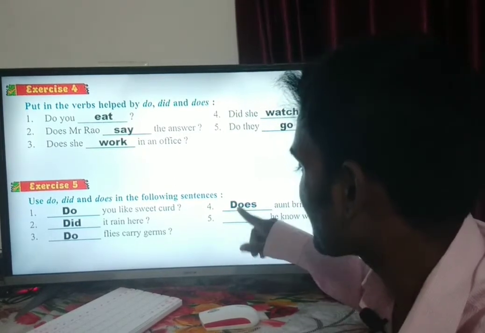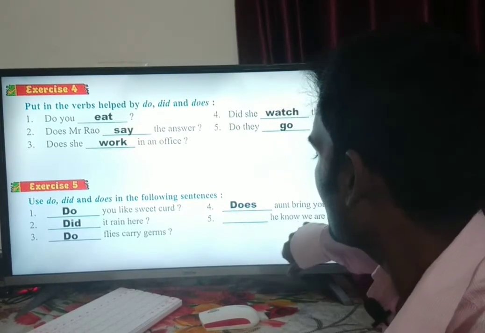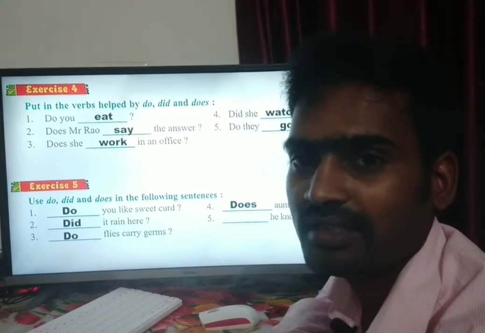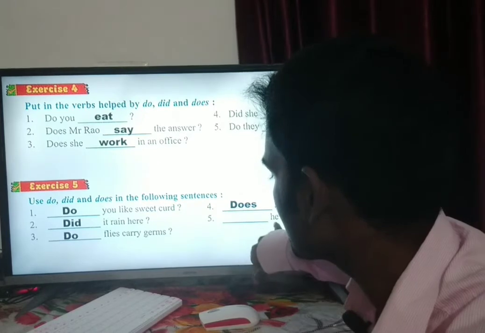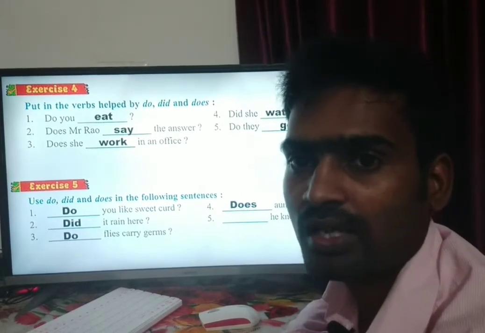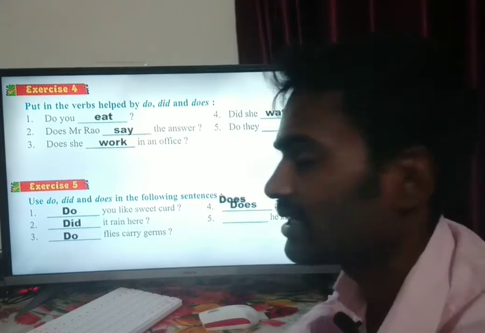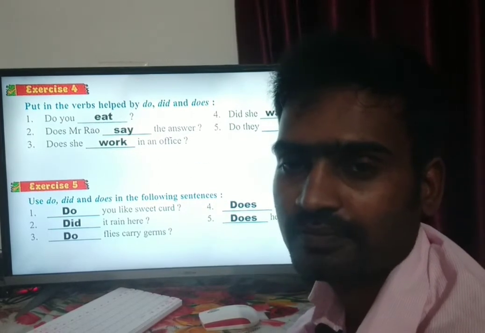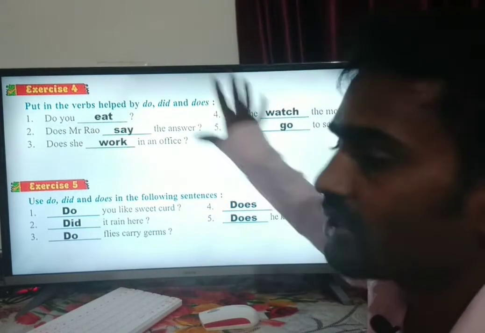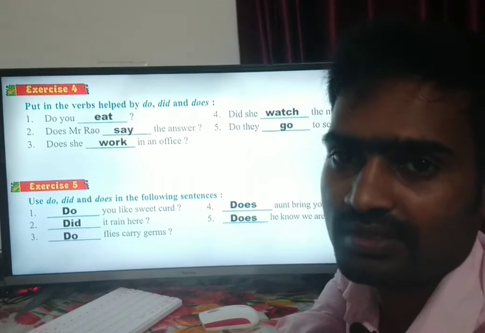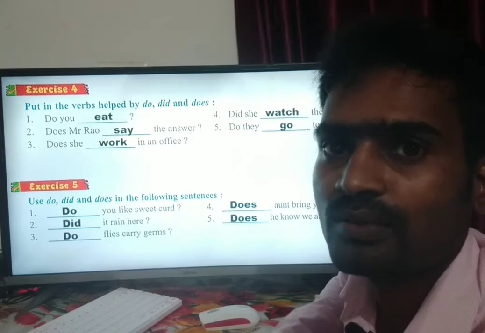The next one, dash he know we are hungry. Again it comes the third person singular form, he, she, it form. So what we supposed to use? We use again does to ask question. So dear children, please write everything in a notebook and as well as textbook and try to understand. Okay then, and the next one is